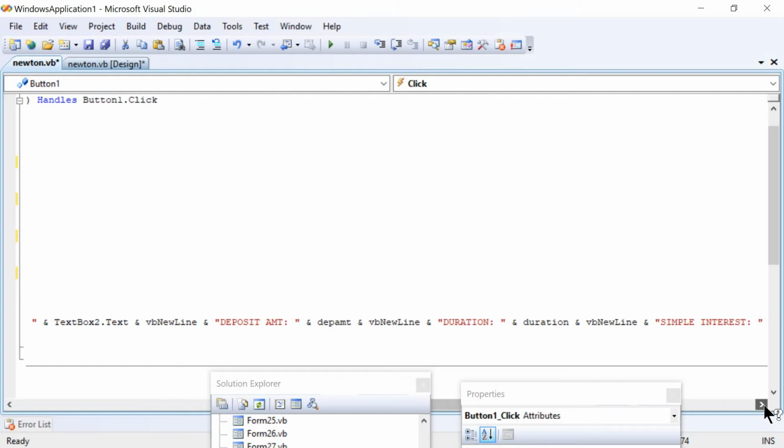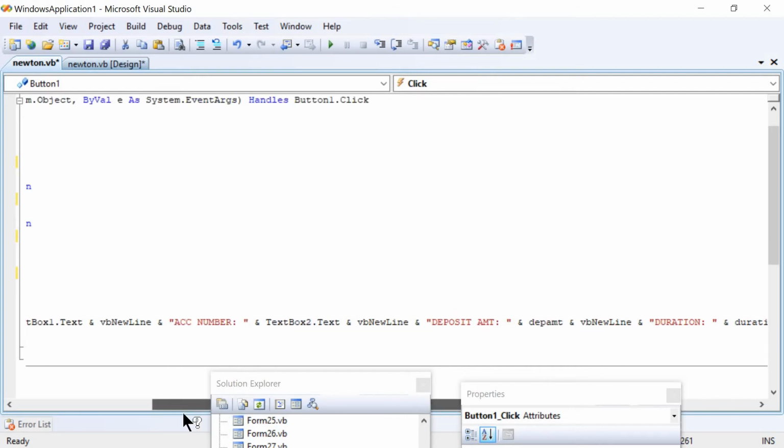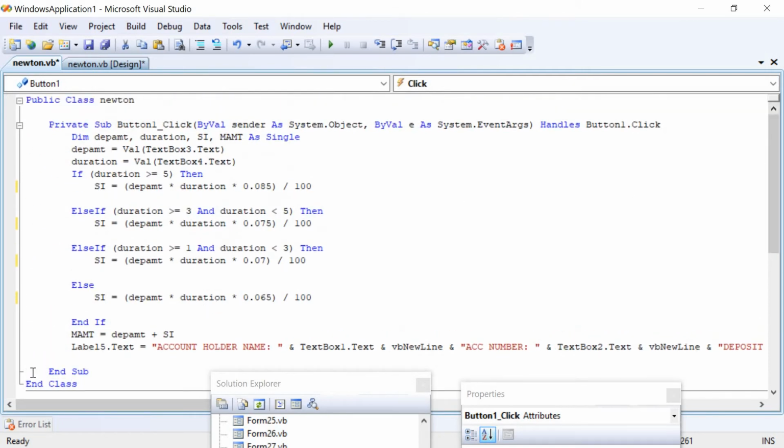Then comes ampersand simple interest. Ampersand, the calculated value will be stored in SI, that is simple interest. Then ampersand VB new line. Then ampersand, maturity amount will be available in the variable MAMT, right? Then the private sub will end with end sub and public class with end class.